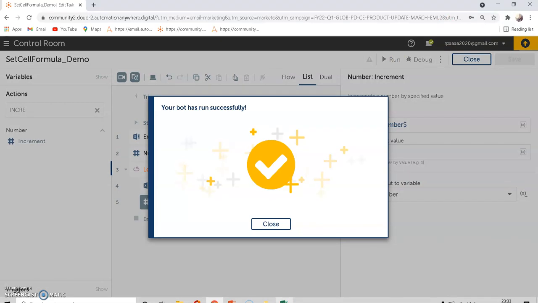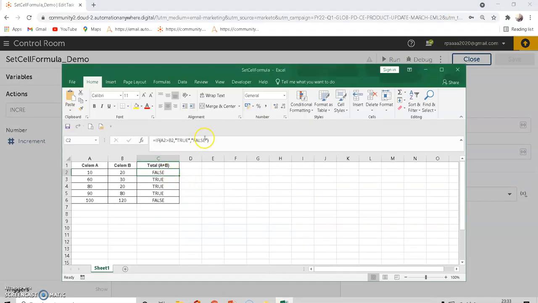It shows successful. If we go here, it set the cell formula of A2 greater than B2. If I go here, A3, B3, so the formula is correct.